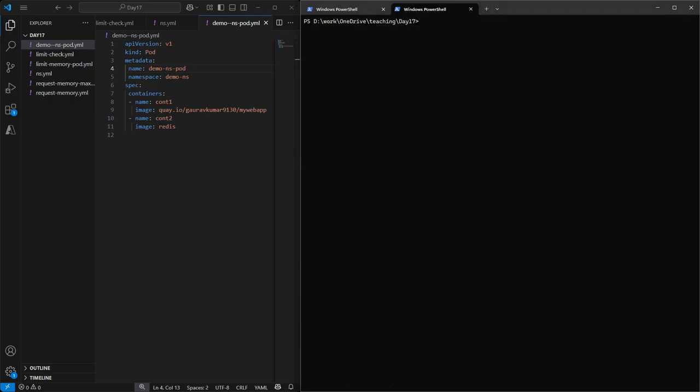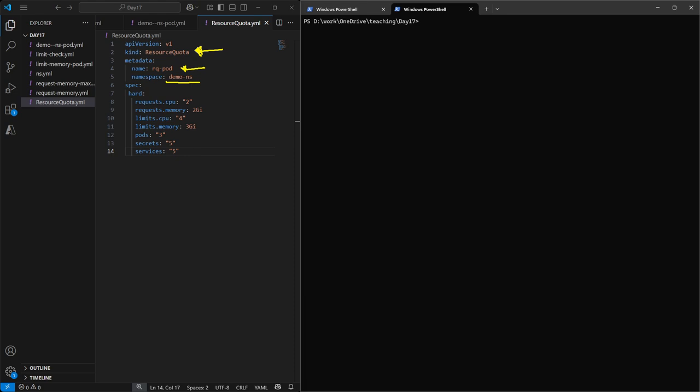We'll create a YAML file called request-quota.yml. As you can see here, the kind which we are trying to create is a ResourceQuota. The name of my quota is rq-quota. I'm using the same namespace which we created last time, and here are the requests and the limits which